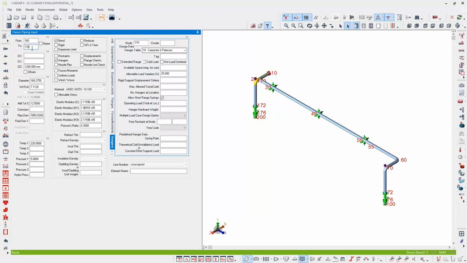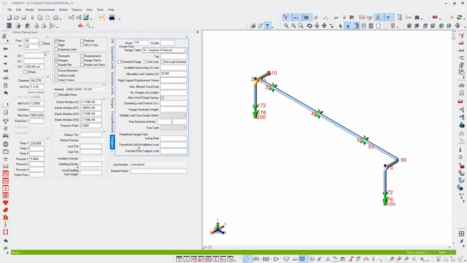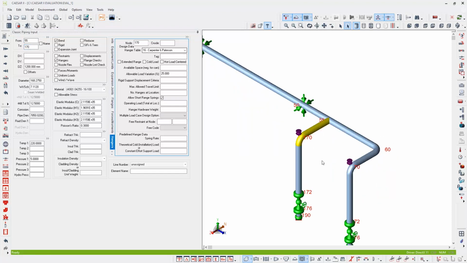So from 160 to 170, 72, etc. I need to adjust this. So this will connect not to 160, but this will connect to node number 55. So I simply change the from node number to 55, and hit enter. The components move into the correct position,